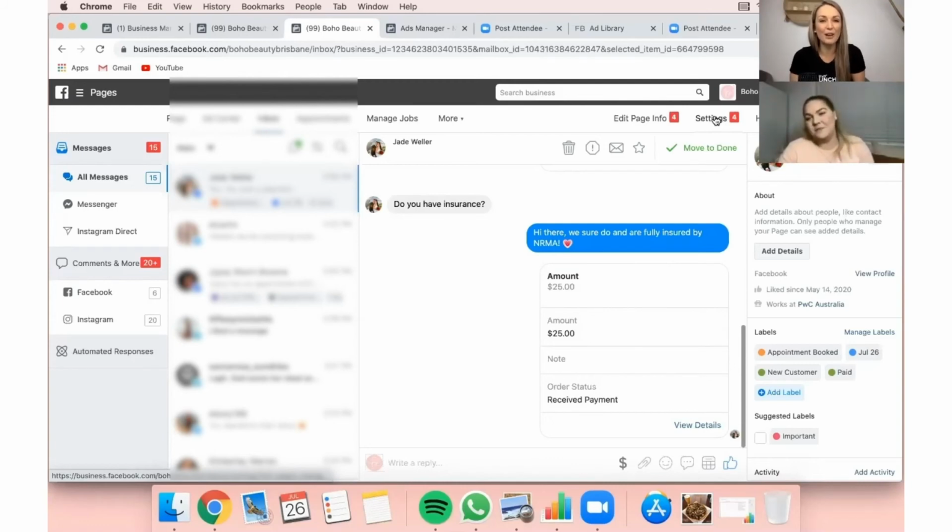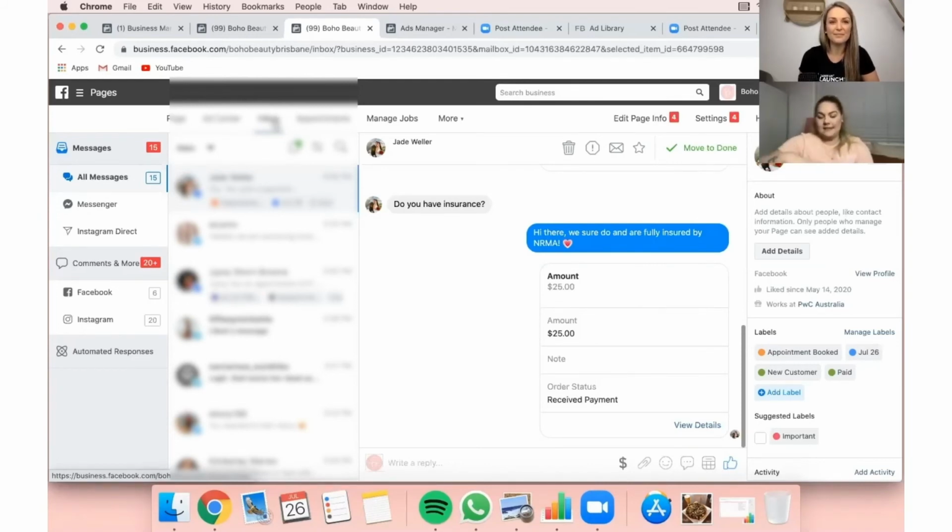So for all of you startups that are starting out, you don't need to sign contracts with Katoba or with Acuity or anybody else. Like trial and error Facebook bookings first and get it all right. Wow. So that works really, really well as well. Like you can just do it all through there.